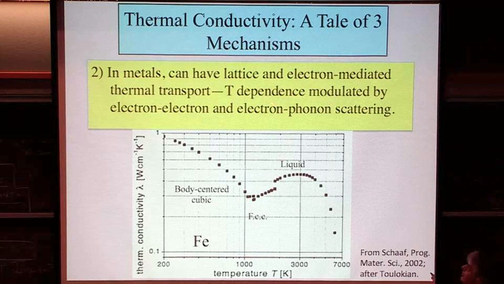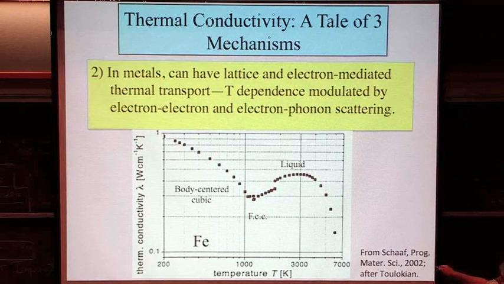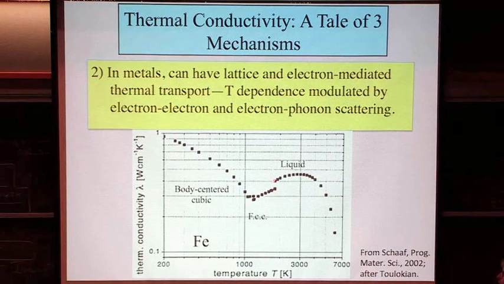So it's not a simple pattern, but the key thing that I would point out here is that this is not a very coarse scale. This is 0.1 watts per centimeter per K to 1 watt per centimeter per K. So this is only varying by factors of 2 and 3 across really a very dramatic sequence of structural changes. This stuff has gone through a major structural transition from one type of packing to another, and ultimately melted, and it actually hasn't changed by all that much.